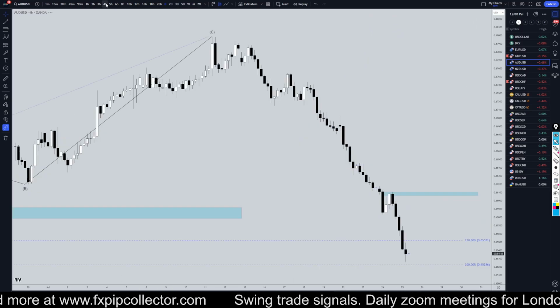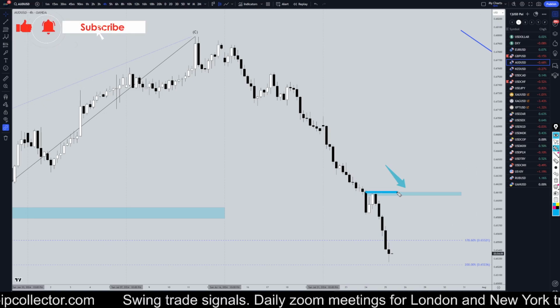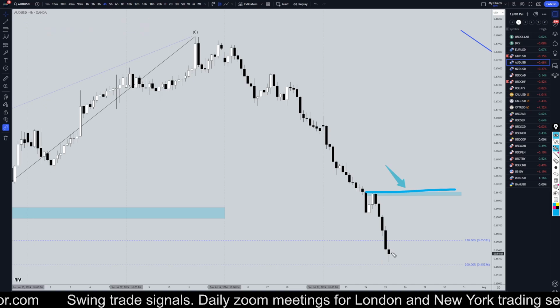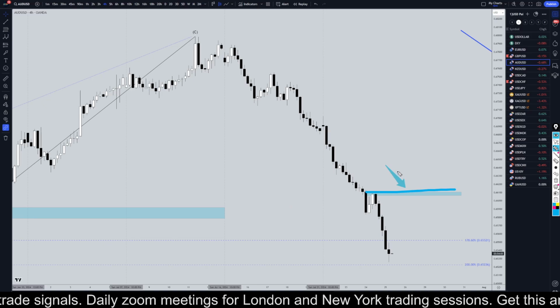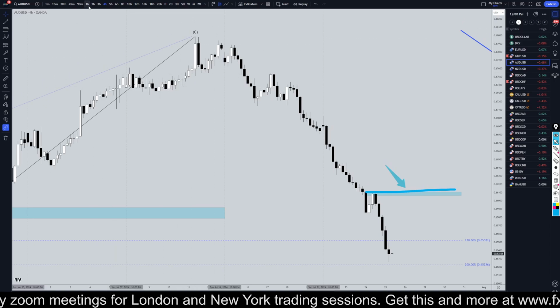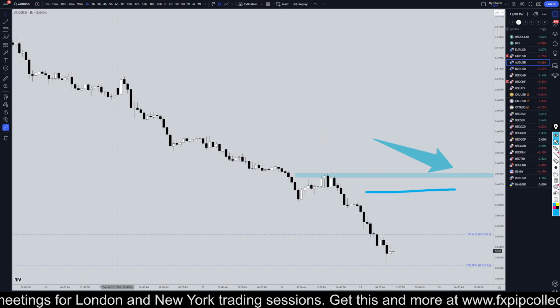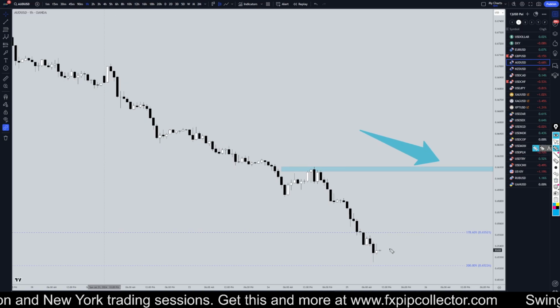So going down to the 4 hour time frame, the most recent structural level is way up here. So unless price just turns right up like that and takes out that structure, which I really doubt that it will, I am only looking for shorts, and I'm only going to go short on 3 wave pullbacks on shorter time frames.